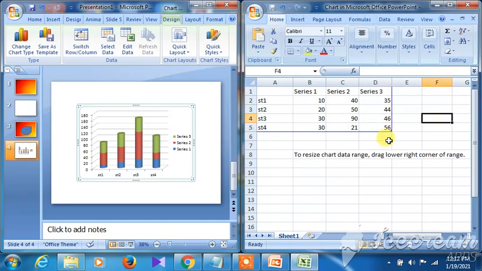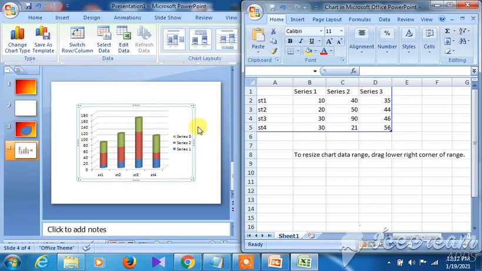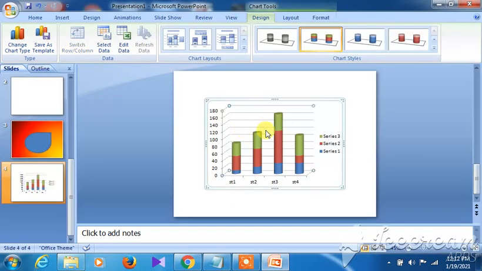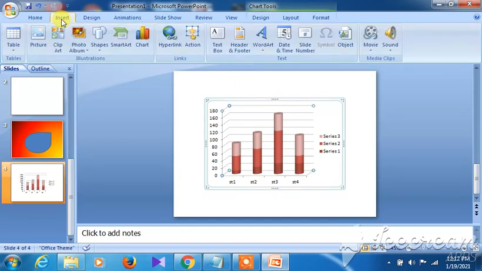Okay, so in this way you will be able to insert a chart. Just close it, and the data will be saved in your PowerPoint slide. However, if you want to change, you can select the chart types, and the chart type will be changed also. Okay, so these are some important activities which you can improvise afterwards in order to get your job done.